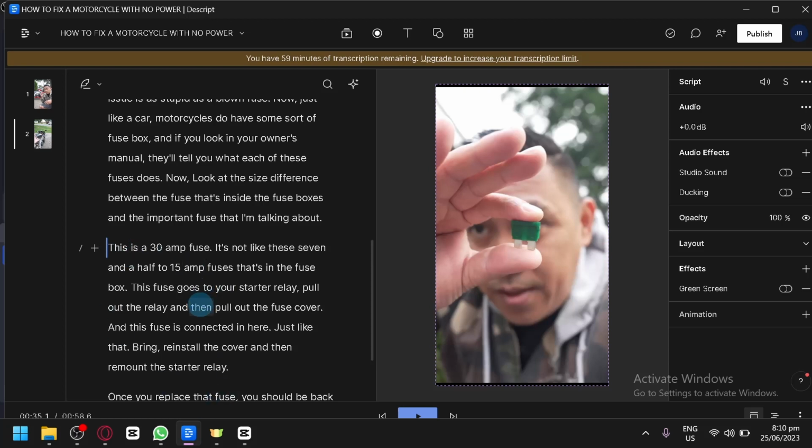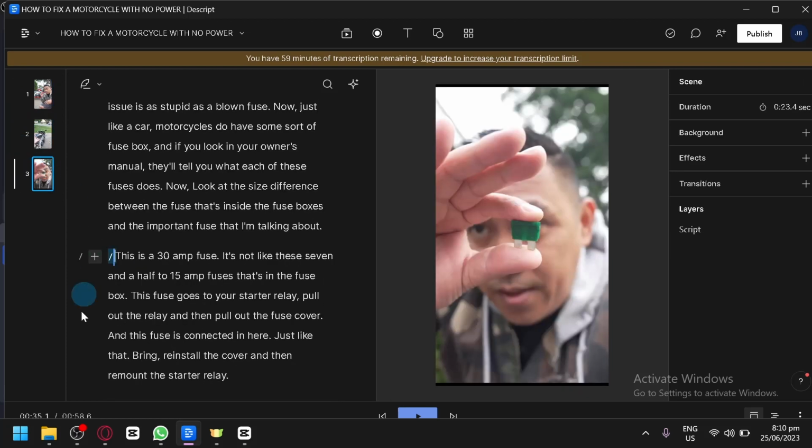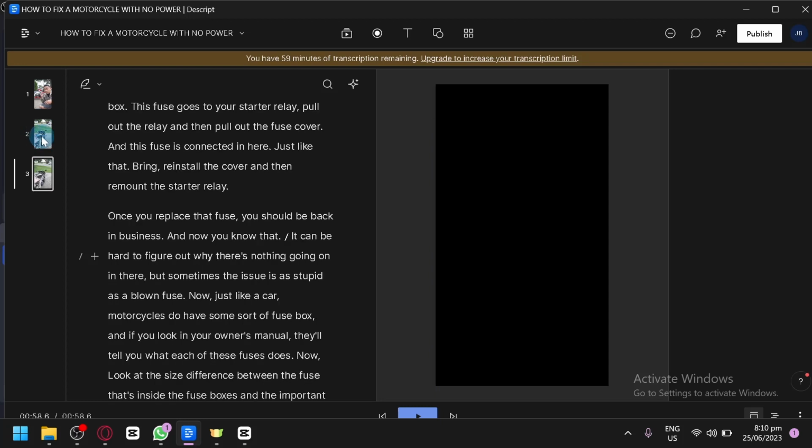To be able to turn this into a scene, simply click this option over here, add scene, this dash over here, which will allow you to turn it into a scene. And as you can see here on the left side, we will have like 3 clips over here, or like 1 clip after you do the scene. This will now act like a PowerPoint wherein you can drag them over here and you will be able to rearrange them